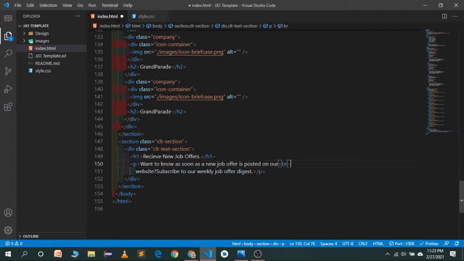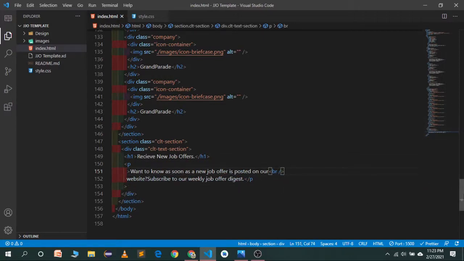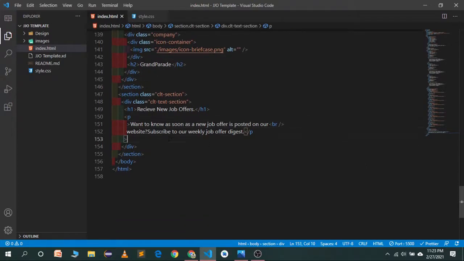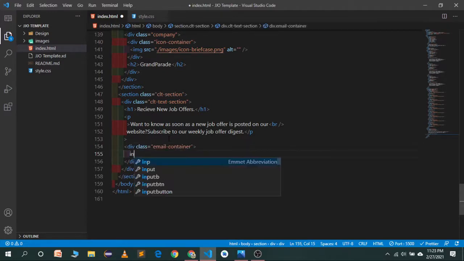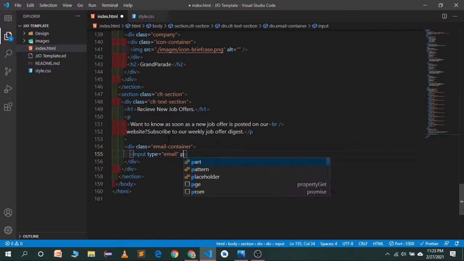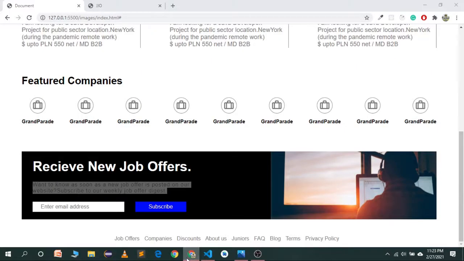Let's save it, and under this p tag paragraph we have an email container, and in the email container we have an input type of email, and the placeholder is going to be enter email address.